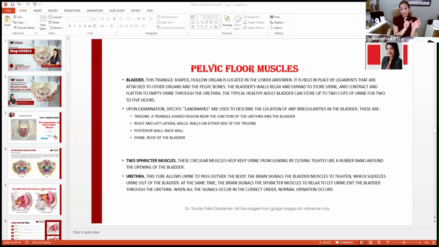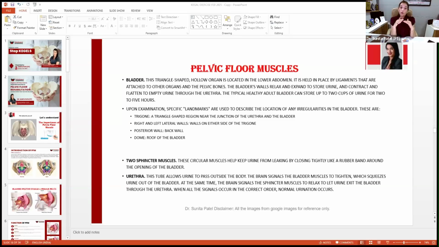Now, Kegel exercises are important for pelvic floor dysfunction. So it is very important to understand what type of pelvic floor dysfunction you are talking about. If your pelvic floor dysfunction is hypotonus, you have a weak pelvic floor, so definitely Kegel is good to go because you have weakness. Because what is Kegel actually? Kegel exercises strengthen the pelvic floor muscles by contracting and relaxing the muscles used to stop the flow. It is a command actually which we are giving: try to squeeze your pelvic floor, try to stop your urine, try to hold your gas.